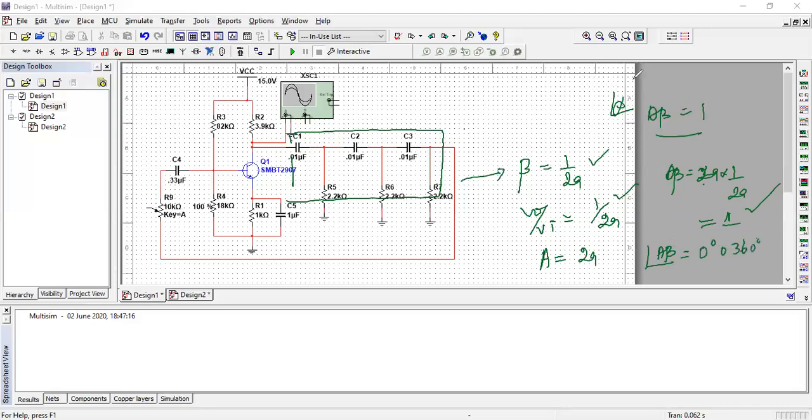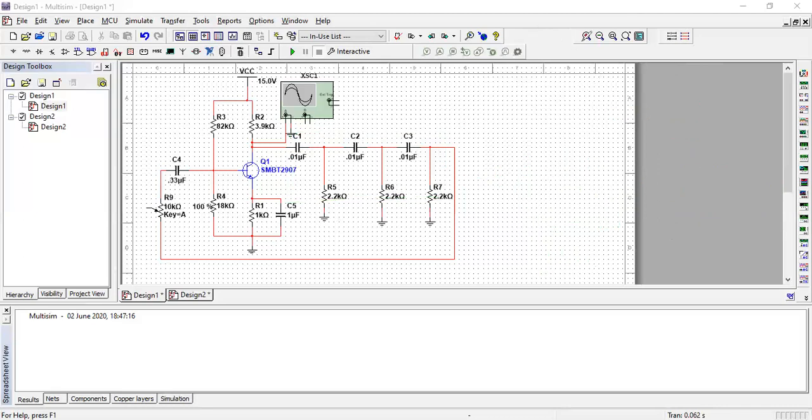Okay. So here it is an inverting amplifier. The inverting amplifier produces a phase angle of 180 degree. That means the amplifier phase angle is 180 degree. So your feedback network must also produce 180 degree, because you are using an inverting amplifier. That's why we are using 3 stages of RC network. Each stage can produce a maximum of 90 degree, but we are designing it in such a way that it produces only 60 degree.